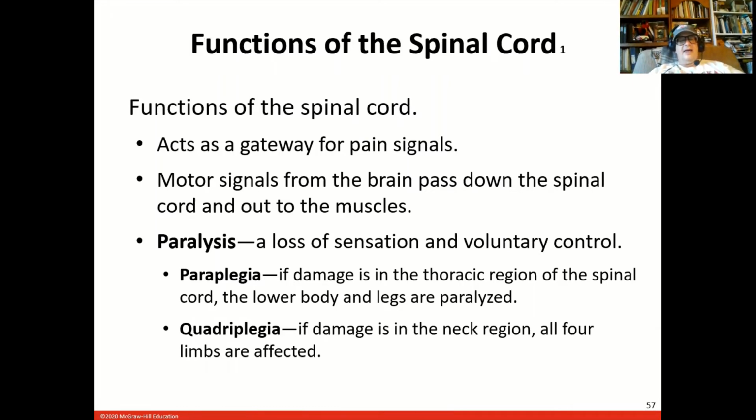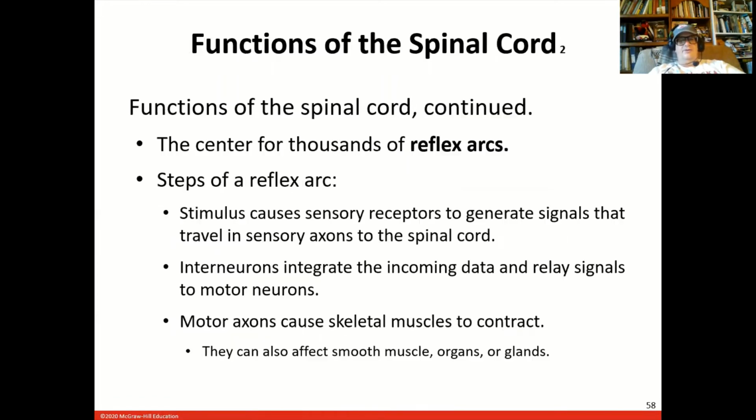We have that, and just a reminder of what we were talking about before. Damaged nerves in the peripheral nervous system: you can have Schwann cells form a sheath and grow a new axon. Oligodendrocytes don't do that very well. So that's why spinal cord injuries stay with us. All right. Now,